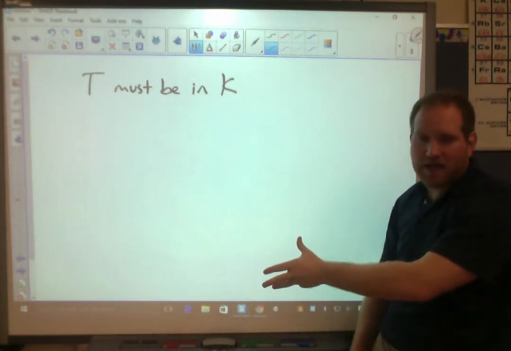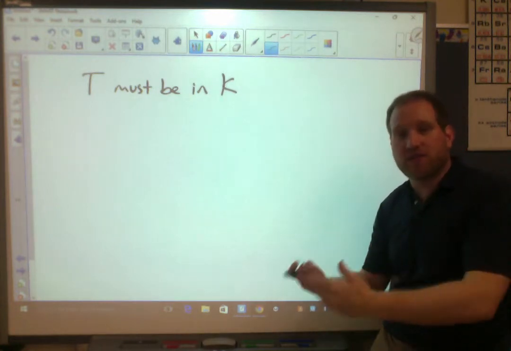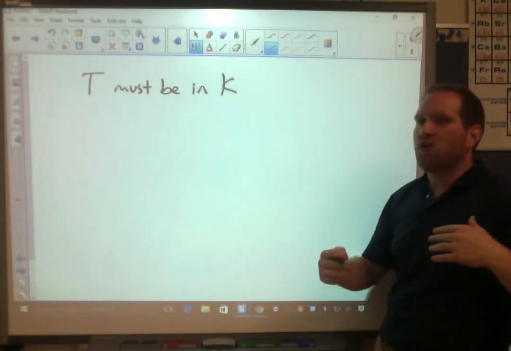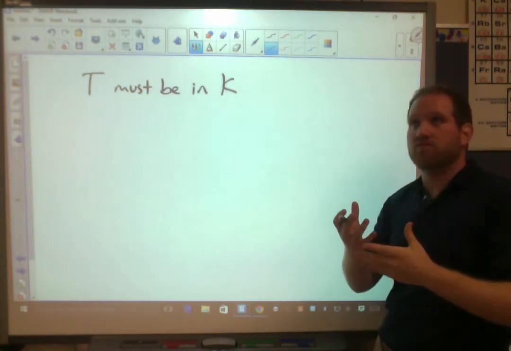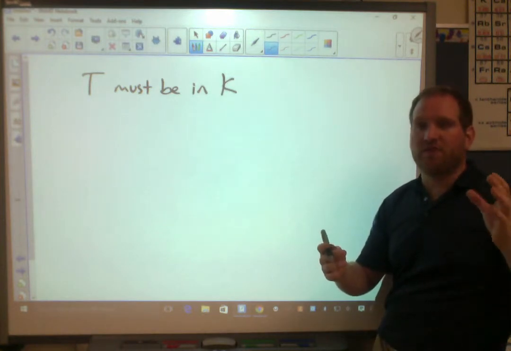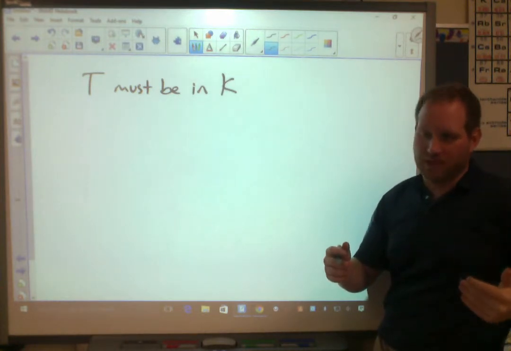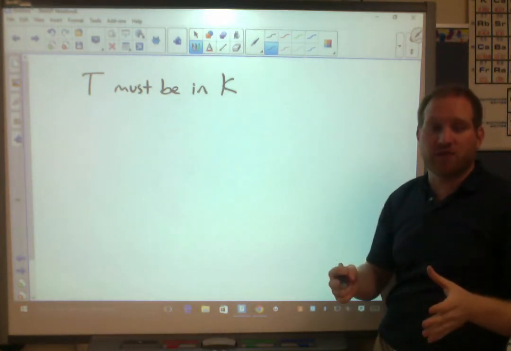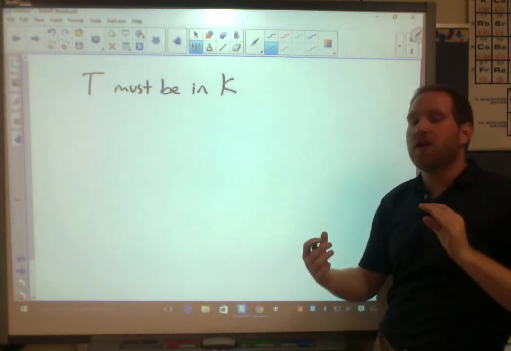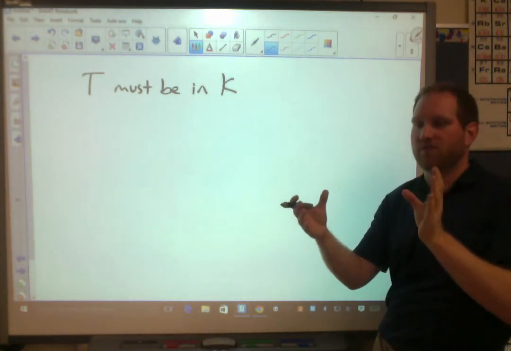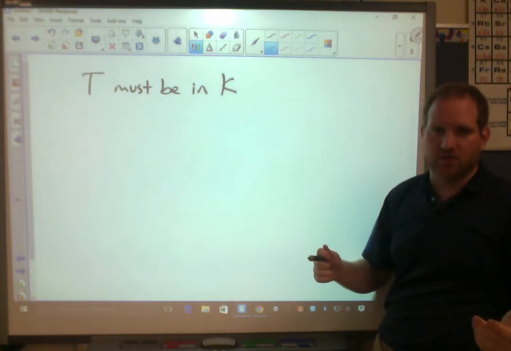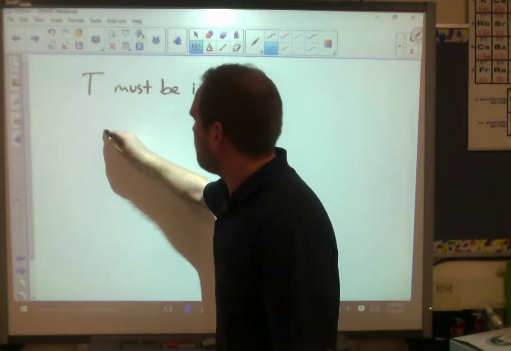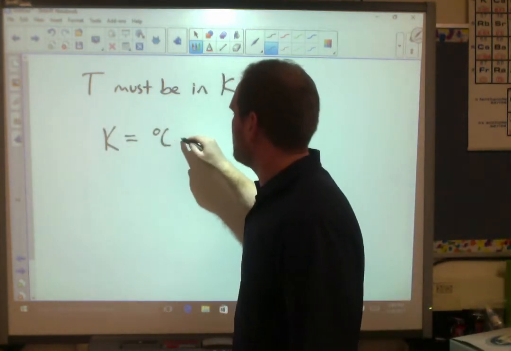So the whole idea behind the combined gas law is that if you double the temperature, your pressure is going to double if volume is held constant and number of particles held constant. Or, let's say in a flexible container, so the volume, if you double the temperature, the volume's going to double, or if you halve the temperature, the volume's going to halve, assuming the other two parameters are held constant. So you have to work in Kelvin. So you have to know that to go into Kelvin, it's going to be your degrees Celsius plus